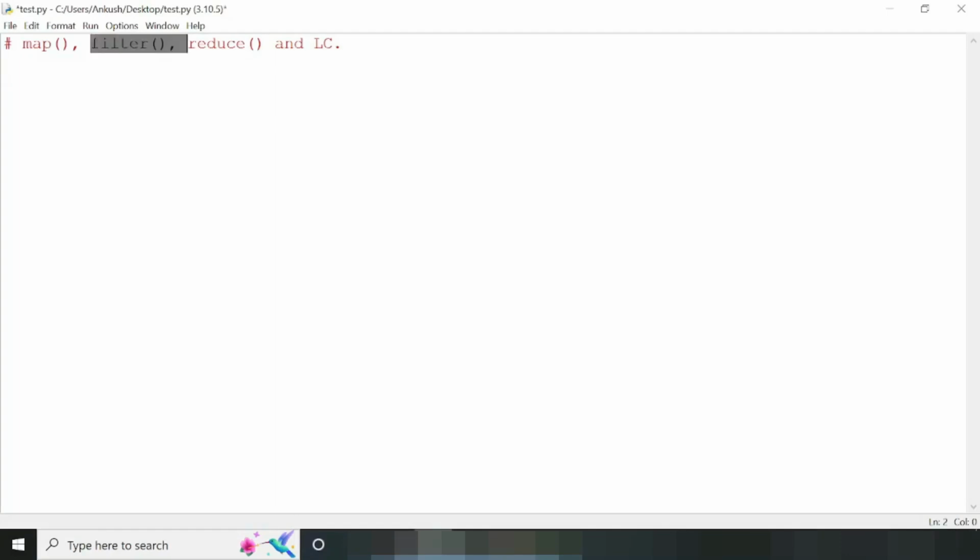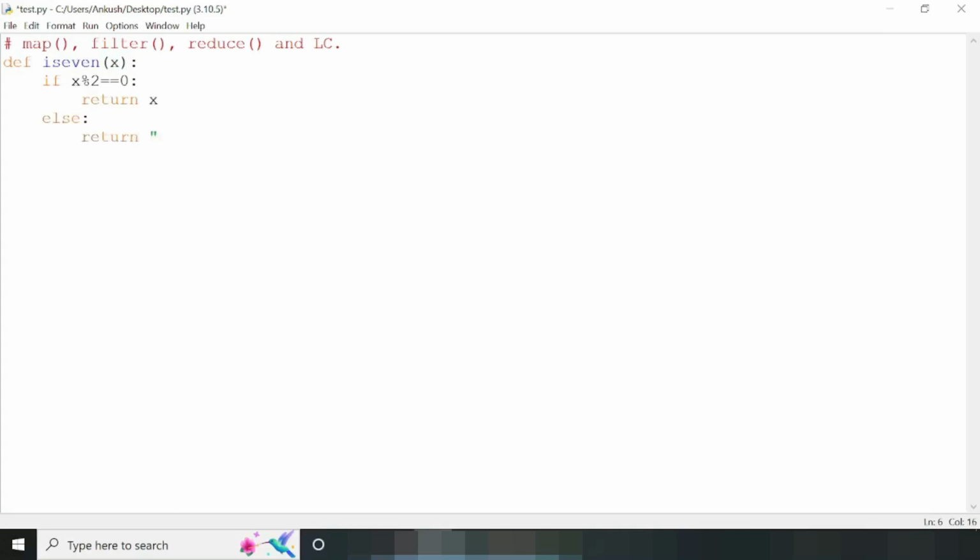Now we will learn about the filter function. To understand this filter function, let me take an example where we need to return all the even numbers that are present in the range of 1 to 10. So let me first define isEven, and this function will take one value, and then it will check whether this value, that is x, is even or not, like x modulus 2 equals 0, because if this expression evaluates to true, then the number x will be even. So if it is even, then just return that number. And if it is odd, then return